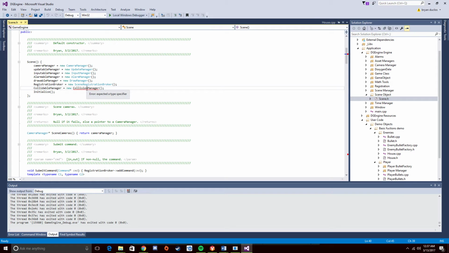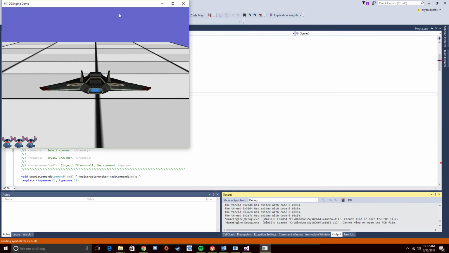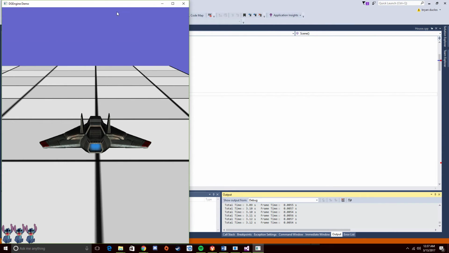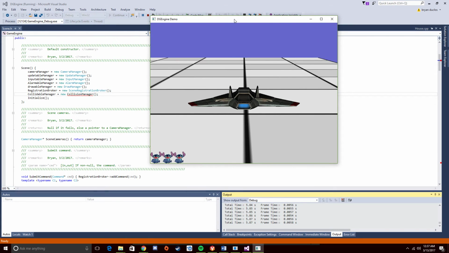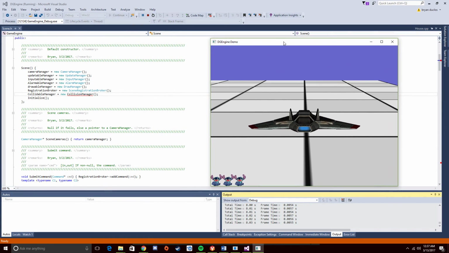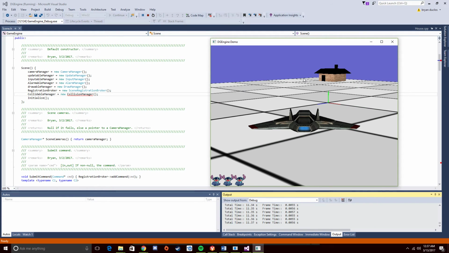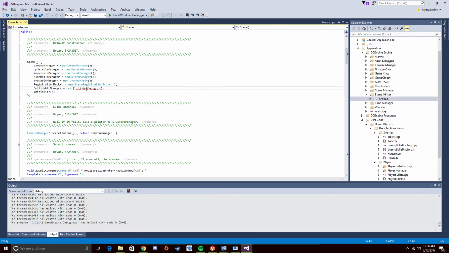One thing I want to point out here, I don't know what's causing these. Sometimes it does this little red squiggle, but I could run the game right now and it would work perfectly. I don't know why it does that, but I think it's just some Visual Studio weirdness. In fact, I'll run the game just to prove it. Voila. There we go. Ta-da. It works. Yeah, that's just some weirdness. Anyway,